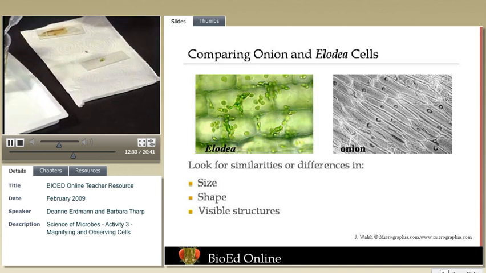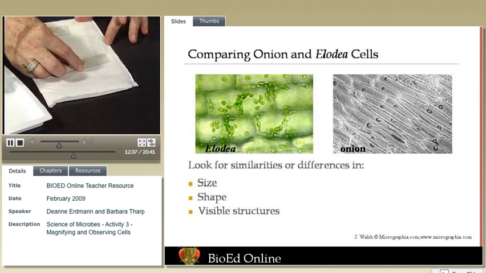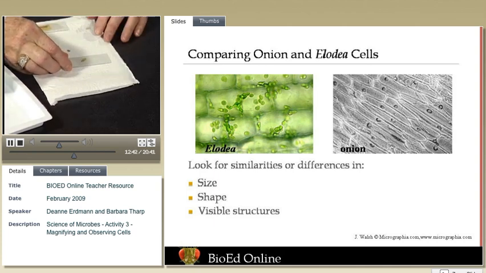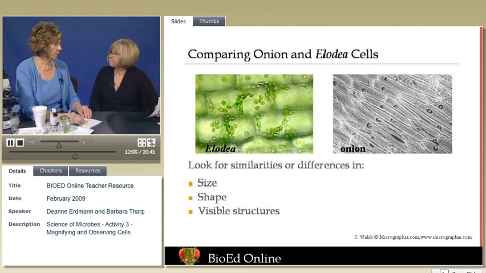All right. So I've got my cover slip at an angle. Okay. Much smaller specimen this time. Ought to be a lot harder to find. Right, and then I'm going to go through the same process on the microscope. I'm going to put it on, and I'm going to again look for something that looks similar to the cells that we saw before. And one thing about the Elodea leaf is that there's two layers, which is